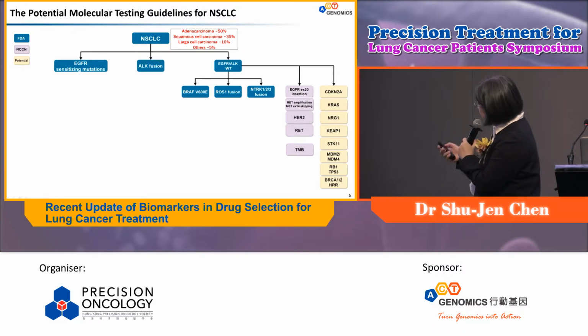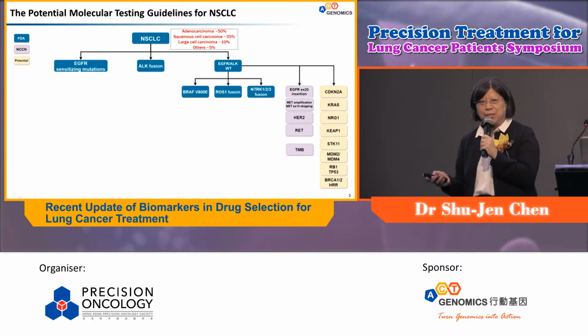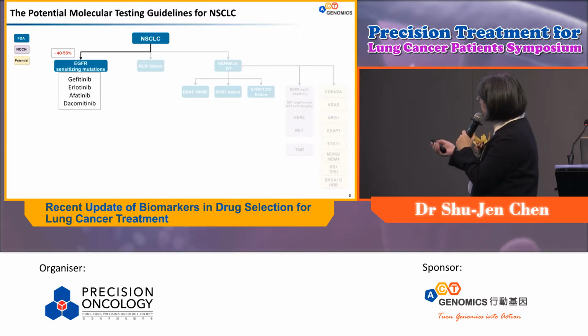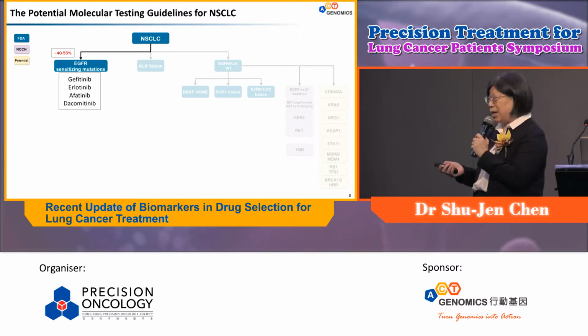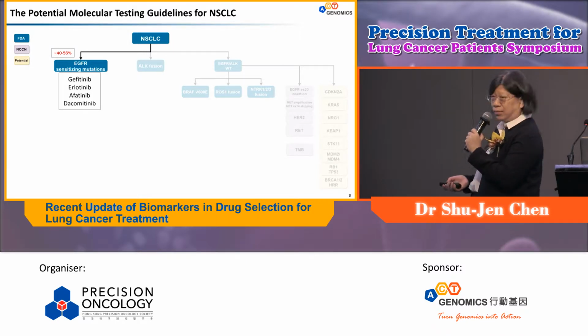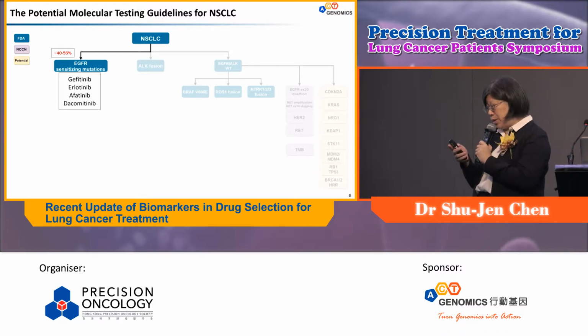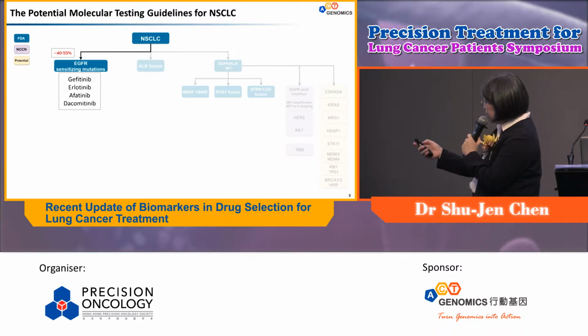So here, we can look at this, and then I'm gonna walk through this table and give you some information. So let's look at the first biomarker, and we can look at the non-small cell lung cancer signaling pathway. Then we can see that, of course, in this group of patients, the most dominant mutation will be the EGFR sensitizing mutation. And we already know either for L858R mutation or exon 19 deletion, you have many already approved first generation TKI that provide very good efficacy. So this is very well